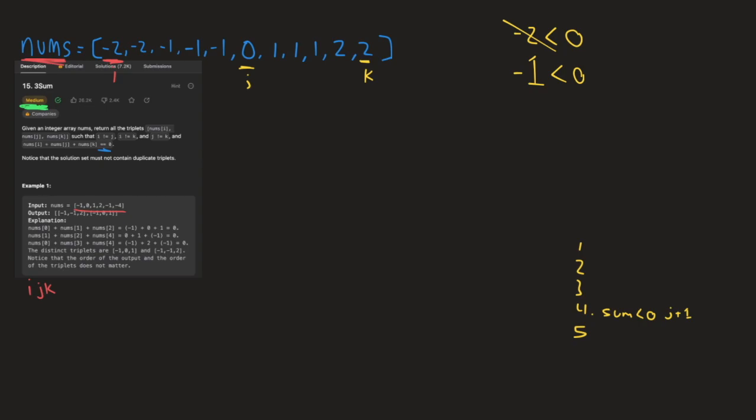Once we get here, we find that -2 plus 0 plus 2 equals 0. So now we have this awesome situation. This is exactly what we were looking for, where sum